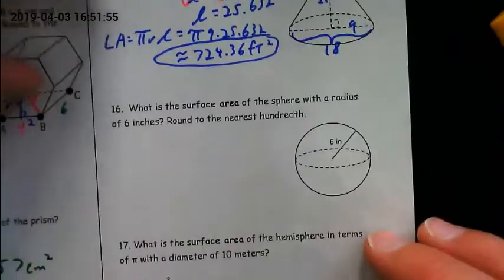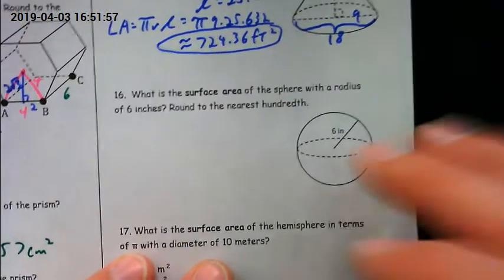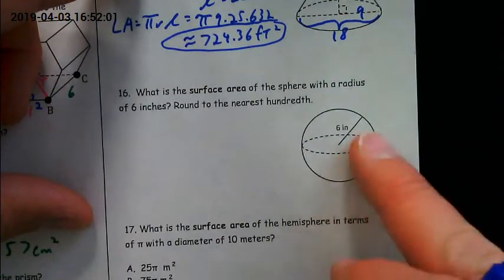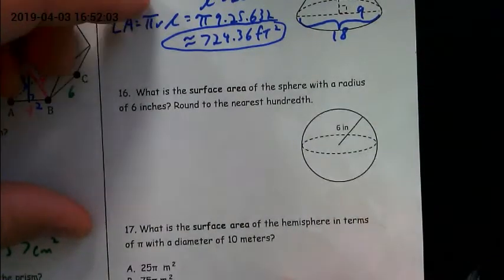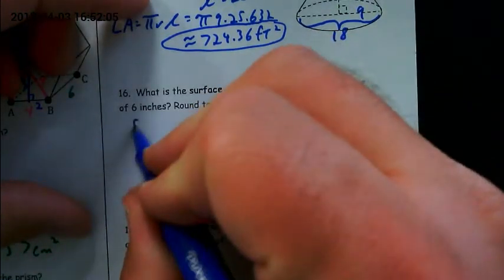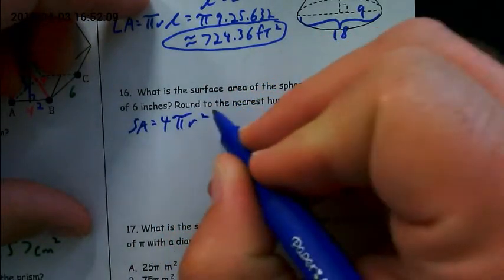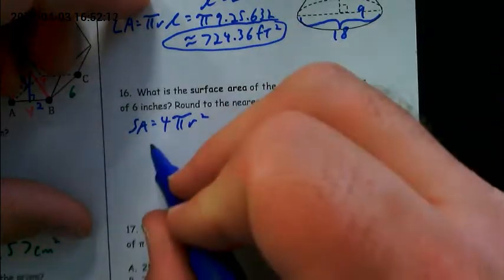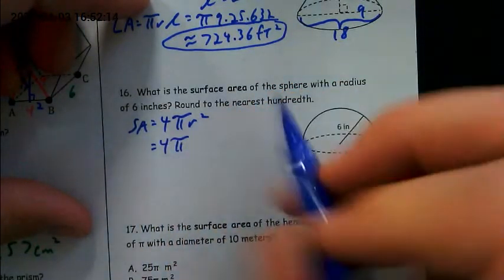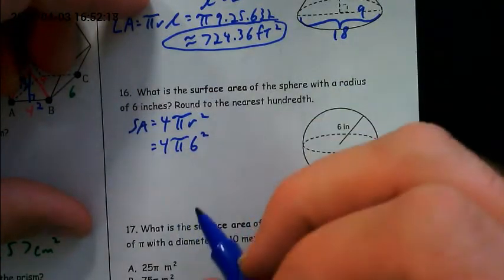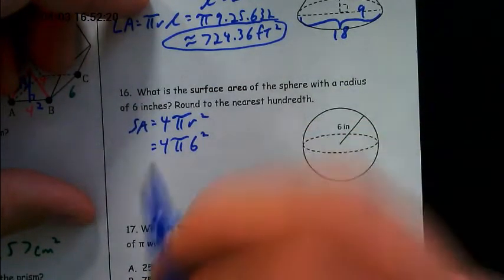On number 16, what is the surface area of a sphere with a radius of 6 inches? So again, they gave us the radius. That's all we need. Our surface area formula for a sphere is 4 pi r squared. So 4 pi, our radius was 6, so 6 squared. 6 squared is 36. 36 times 4 is